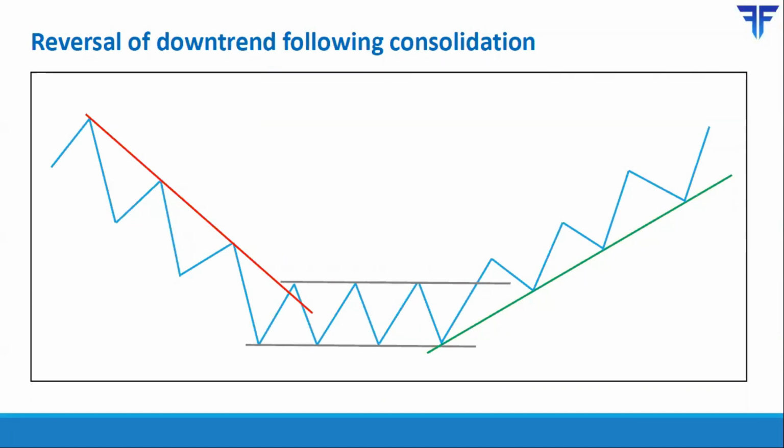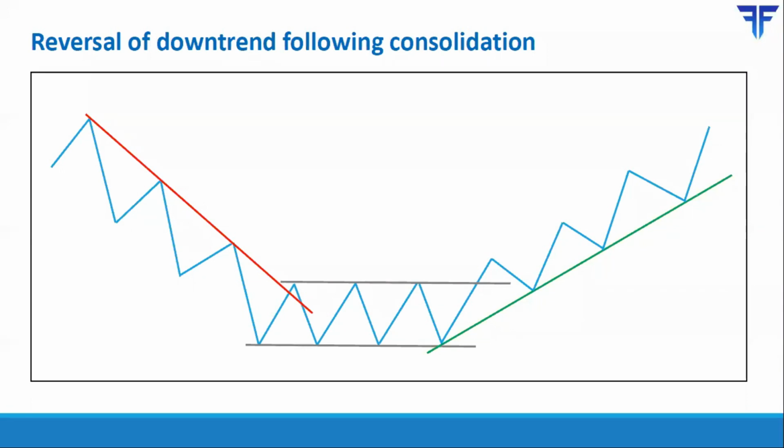Now, either a trend could reverse from up to down, or it could reverse from down to up. Sometimes an uptrend could reverse first into a sideways trend and then into a downtrend, or a downtrend could reverse first into a sideways trend and then into an uptrend. And finally, sometimes you could also have a continuation of the prior trend. So if the prior trend is up, then there is a brief period of consolidation, and that prior trend resumes again once the consolidation ends.